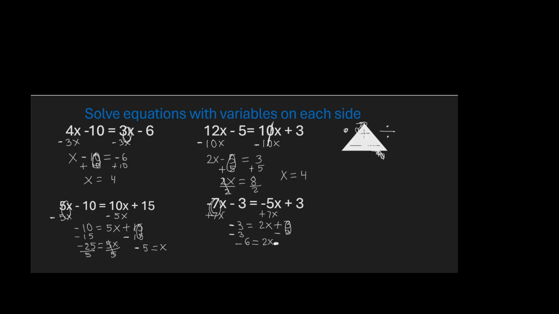I know I say 2x, but it means 2 times x. To get rid of it, I have to make it 1. So I'm going to do the opposite of multiplying, which is dividing. Dividing by 2, dividing by 2. Now 2 divided by 2, that's 1, right? 1 times x, that's how we're going to get x equals